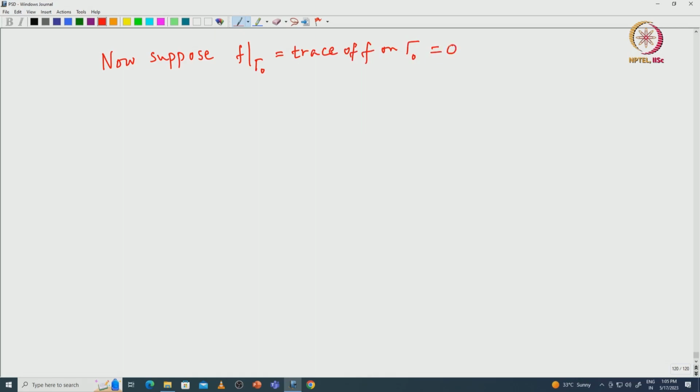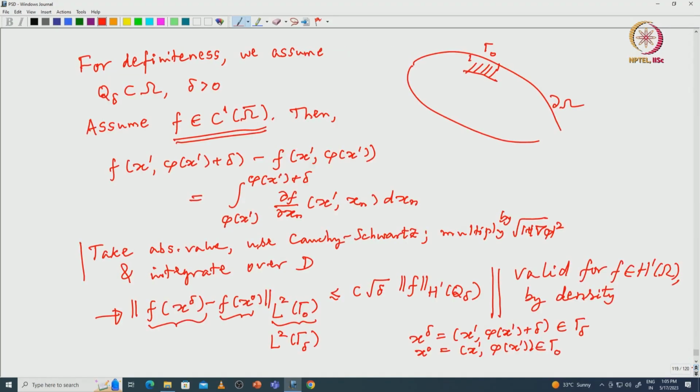Then one of the terms is 0, this f x 0 is 0. Okay. So, then we obtain